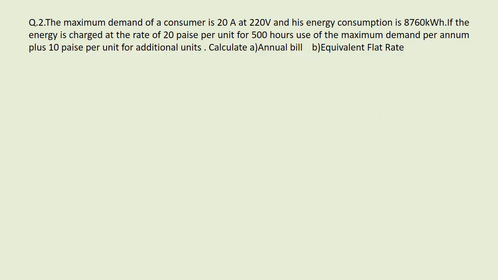Now this is the next problem. Here the maximum demand of a consumer is 20 ampere at 220 volt, and his energy consumption is 8760 kilowatt hour. Okay, if the energy is charged at the rate of 20 paise per unit for 500 hour use of the maximum demand per annum, plus 10 paisa per unit for additional units, calculate the annual bill and